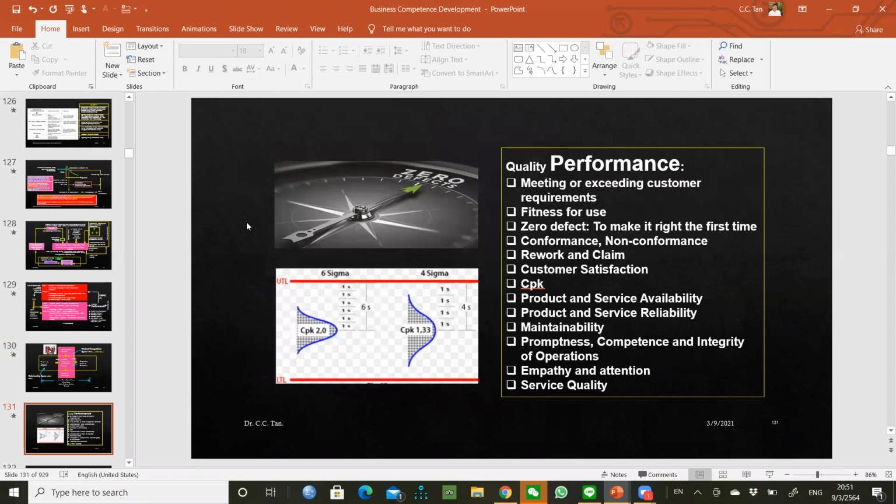Okay, so quality promise outputs. Again, we have so many different types of outputs. I'm sure you're familiar with them already. I have already mentioned competitive advantage as part of the outputs, and also brand equity. But if you really go into operational terms, we're talking about meeting or satisfying customers' requirements. Fitness for use is really the criterion for quality, right?